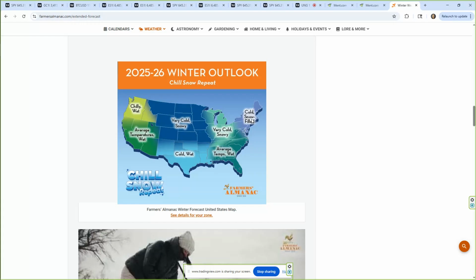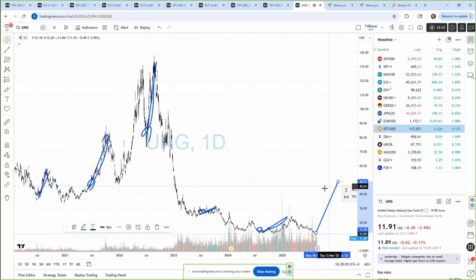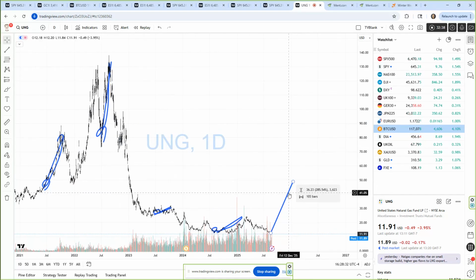If this plays out correct, the entire 2/3 of the United States and almost all of Canada is going to be sub-zero at some point, which is why we're looking at this being a potential move to the upside, maybe up into this $40, $50 area, which would be a potential $100 to $200 move, or percent move, in UNG. Now, granted, you got time. Winter's not here yet, but you definitely want to try to take advantage of this longer term swing into, again, January, February, March of 2026.